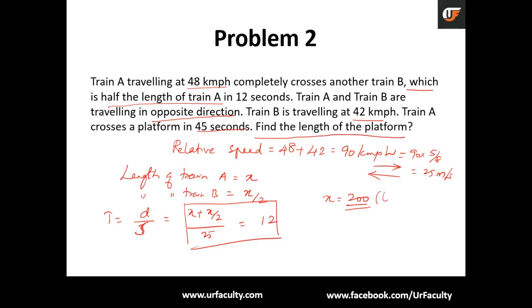This is the length of train A. Let the length of the platform be P. We know that if it is an object and a train passes, we use the length of the train